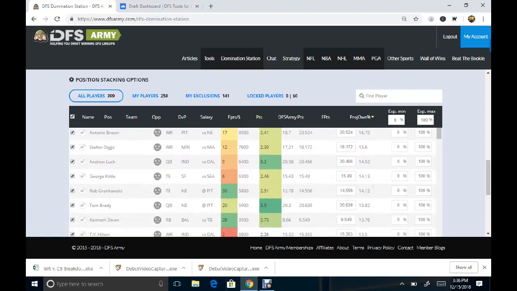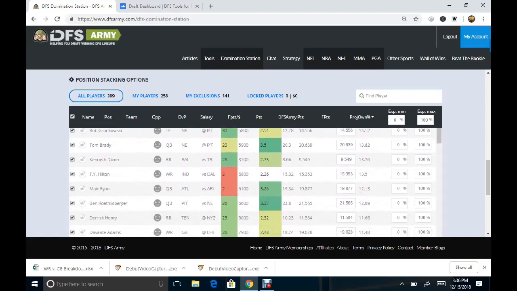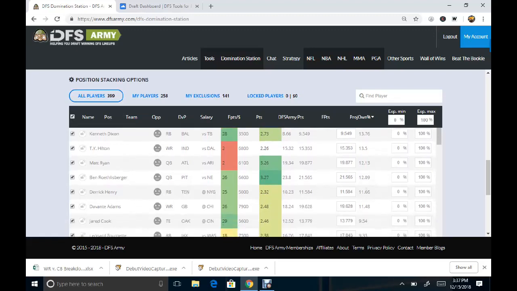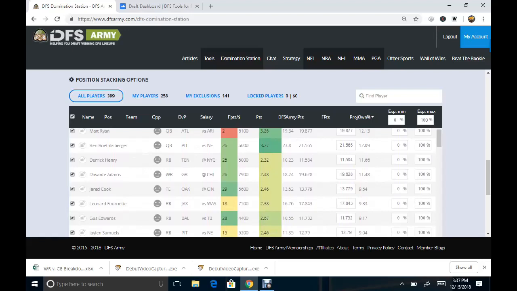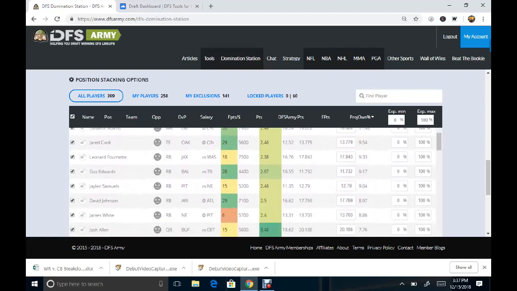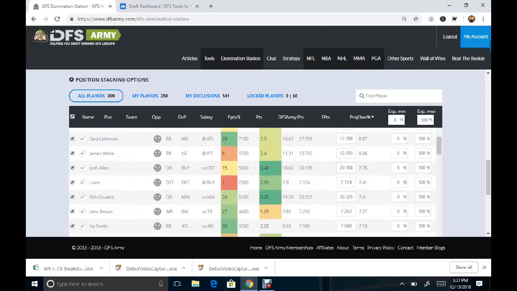Stefon Diggs, I like better for tournaments. Andrew Luck, not so much. Hilton is even questionable. Very questionable for Luck. Gronk, Brady, Kenneth Dixon. I don't know why he's showing up in this system. Something must be good about him. Maybe put him in some tournament plays, of course. Hilton, Matt Ryan. There you go. Henry, tournaments. Adams, Jared Cook, Fournette, Samuels, David Johnson,